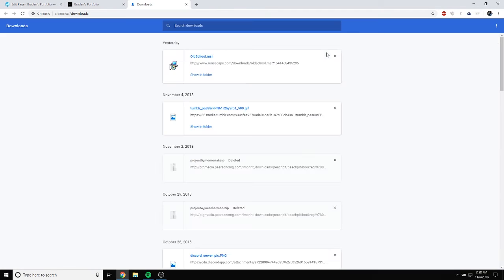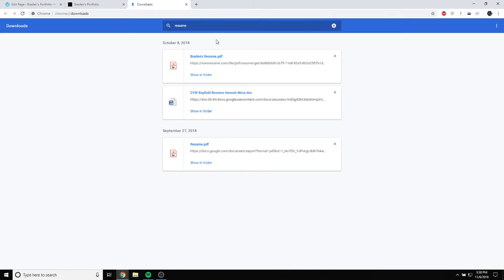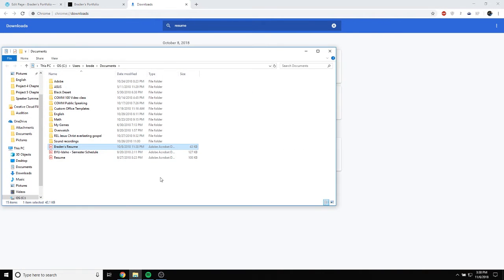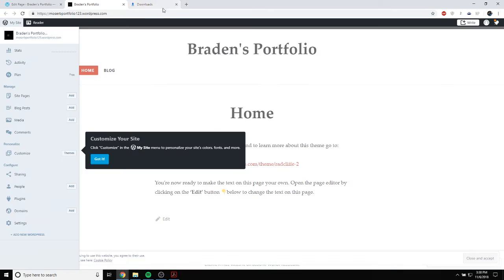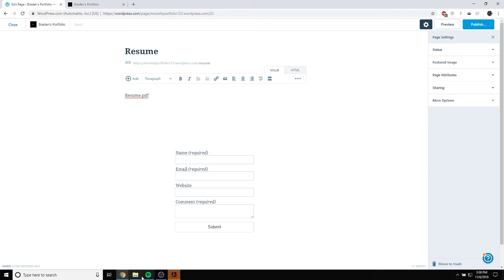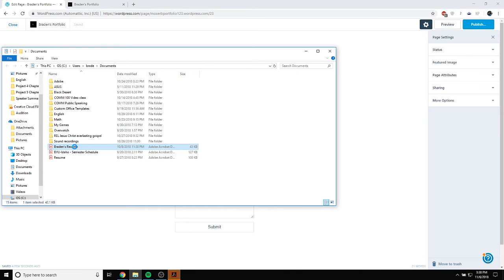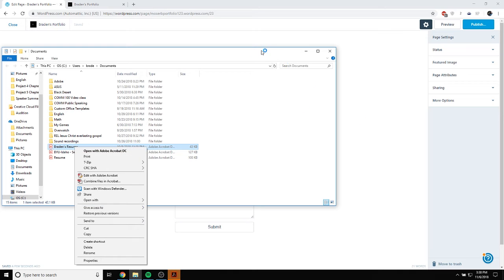No, it's in here somewhere. Show on folder. Documents, Braden's resume. Okay, cool. Found it. So what we're gonna do is here, we're gonna drag, you can drag and drop it,